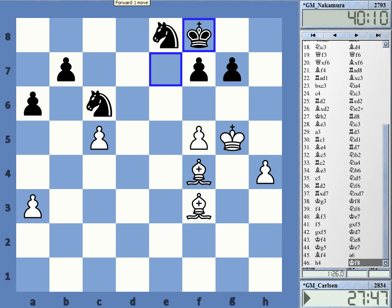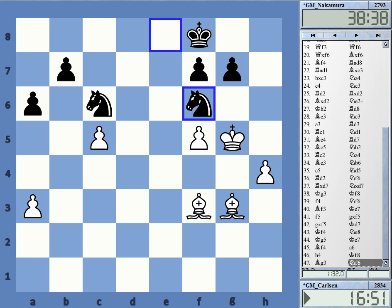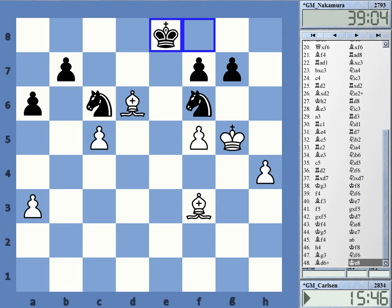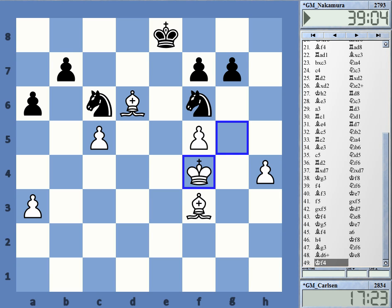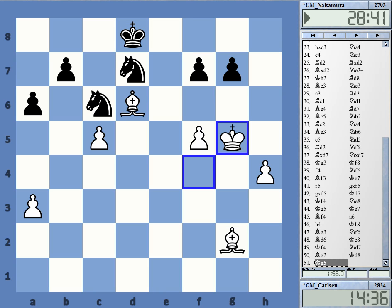One possibility. Bishop g3, a waiting move. Knight back. Check. Check. And here, knight d7. That was Nakamura's setup to try to hold this. Knight on c6 and knight on d7. So we've got some shuffling